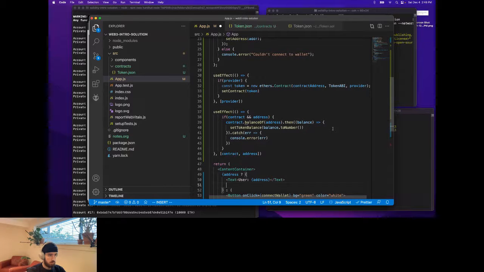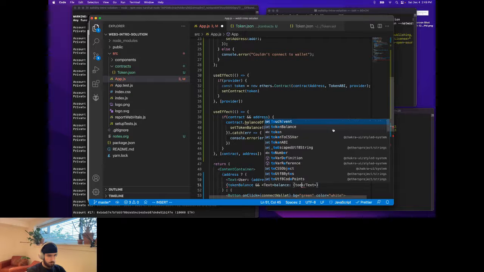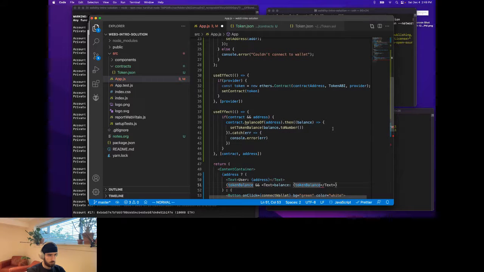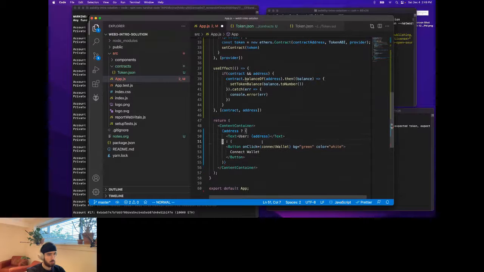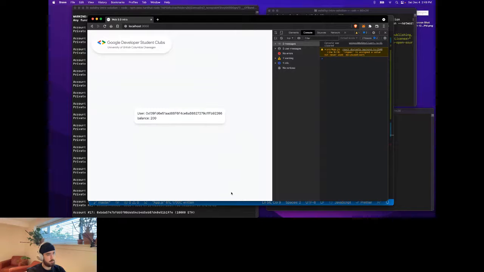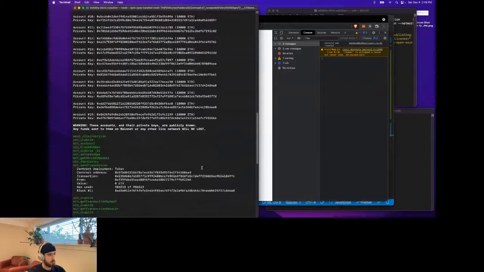And then we can put down here, make sure that there is a balance available. And then we can display our text. Balance. Token balance. Well, if we save that, oh, okay. I can put this outside of that connect button. Boom, and we have a balance of 200 tokens, which makes sense because in our mint function, or when I deployed the contract,